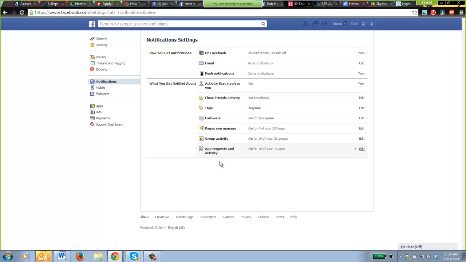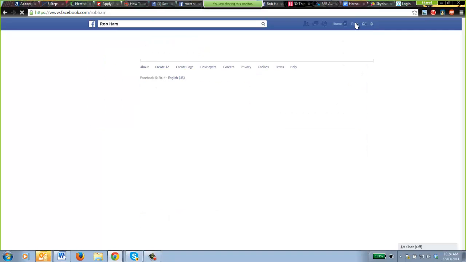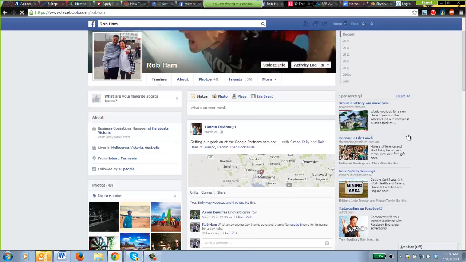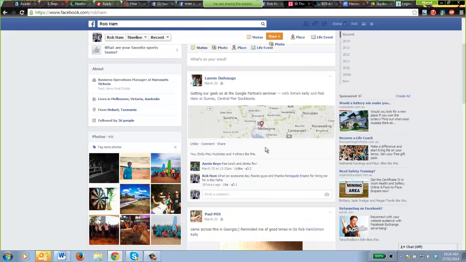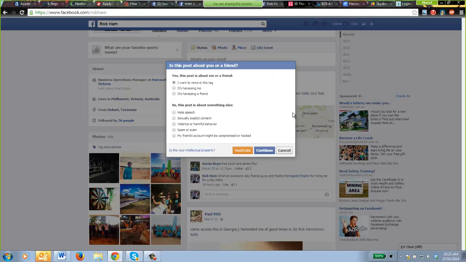Now, just the last thing I want to go through, if there is ever someone that's posted on your timeline that you don't want to show up, or you want to remove the tag, when you come into the post itself, over on the right, we've got this drop down arrow. I can click on that and I can hide from timeline, or report or remove tag. So I might not need to report the post because it's not a bad thing, but I just don't necessarily want that tagged. So I can click on that and I just go, I want to remove the tag, and continue,